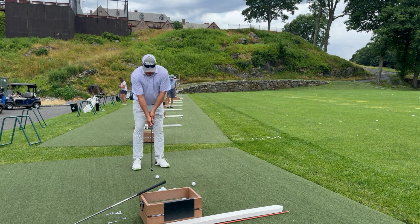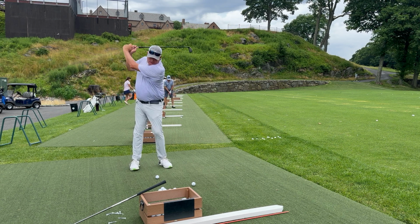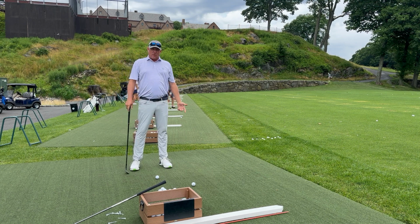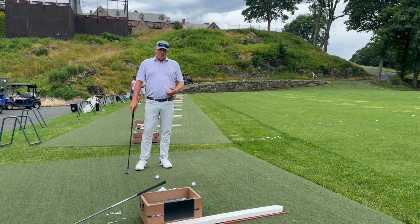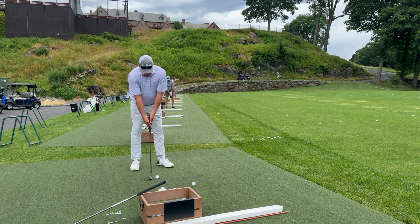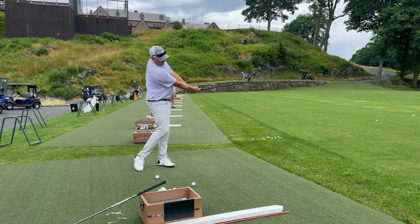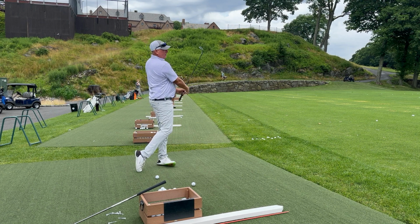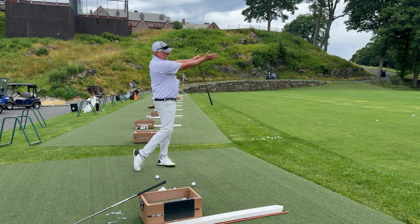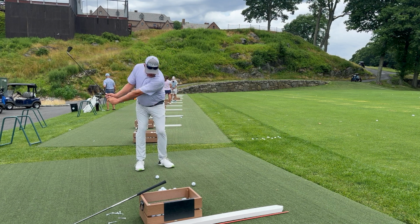And what I mean by that is this. If I take a big swing with a wedge, and then I try to come down to the golf ball, you can see I'm out of position because I've overswung. I decelerate, and the hands basically break down at the bottom. If I take a golf swing where I have a little bit of a slower backswing, about waist high, and I come through, now I've rotated through the shot, I'm balanced on my lead foot, and I have everything moving towards the target. And I'm doing this in a manner that it's a little bit slower,